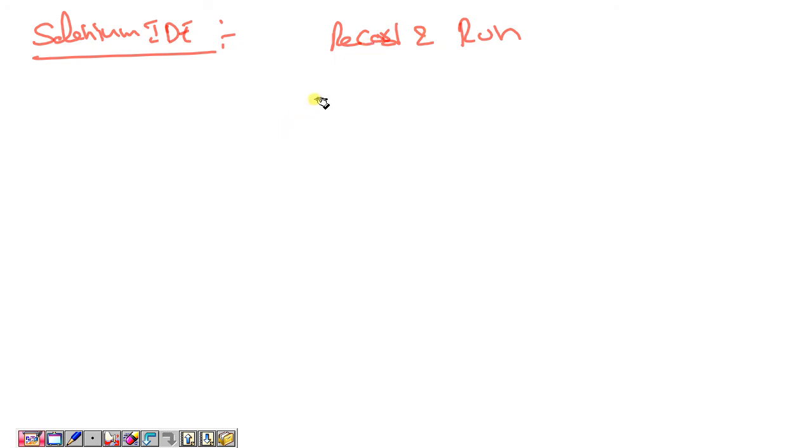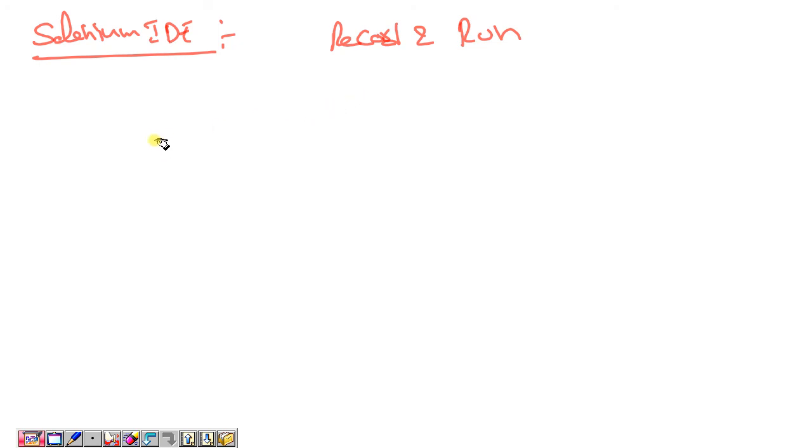It is a record and playback tool with a user interface. It supports only Firefox, not multiple browsers.